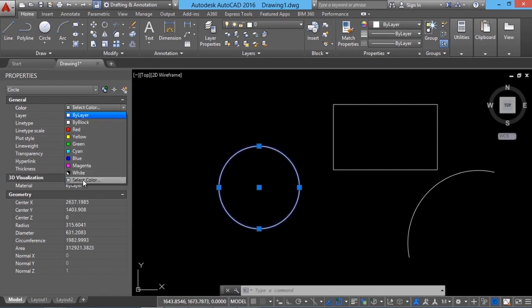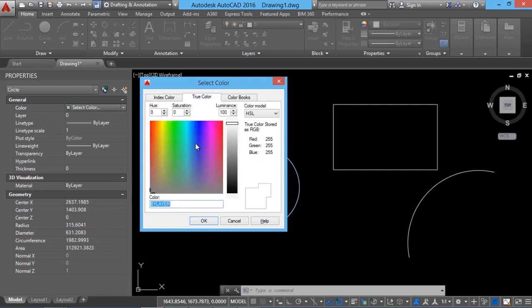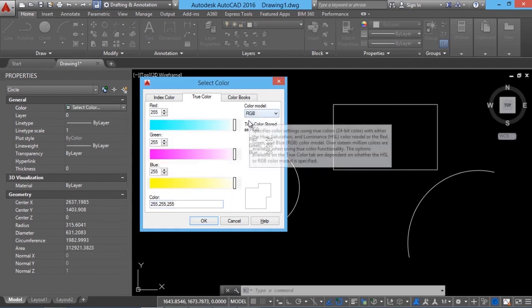If you click on select colors, you will get a color selector palette in which you can see the 256 colors which are frequently used. And if you want to see more colors, click on true color. Here you can create any desired color by clicking on the spectral display. Using two methods you can create a color. One is called HSL, which is called hue, saturation, luminosity, and second method is RGB, which stands for red, green